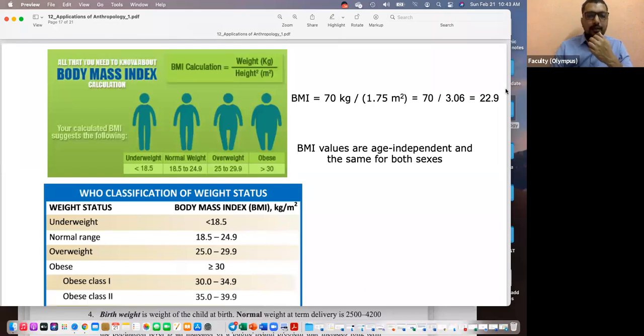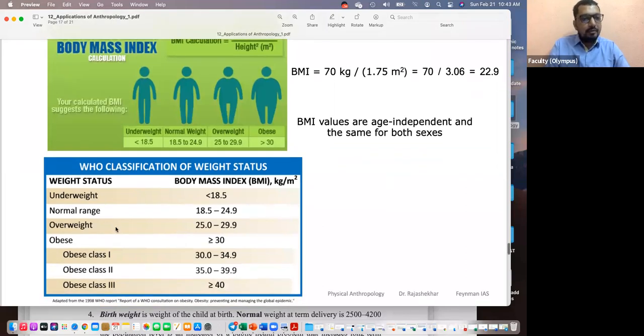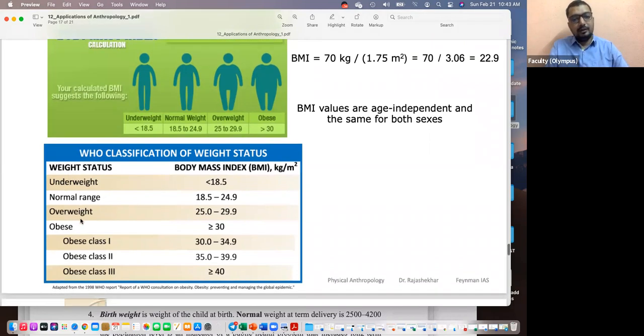We have reference charts for this. So for BMI values for a given age and a given gender, we have standard charts. For a healthy person, what should be the BMI for his height and weight? These are calculated. So when you know the ranges, as per the WHO, you can classify people based on their BMI into underweight, normal range, overweight, or obese. Obese can also be classified into subcategories like class 1, class 2, class 3. So anthropometry helps us calculate BMI. BMI helps us categorize people and the risk factors associated with diseases.